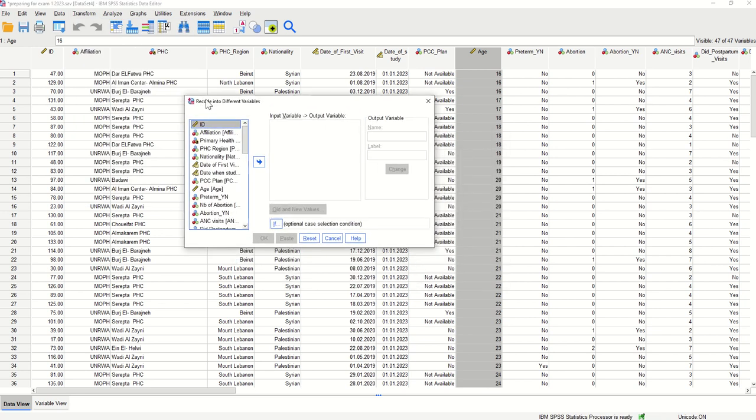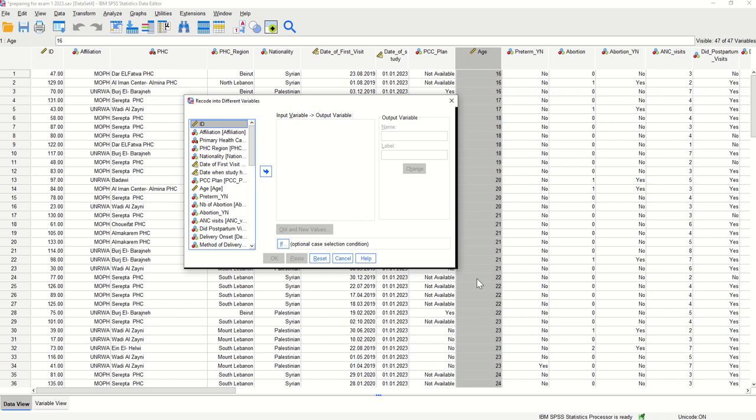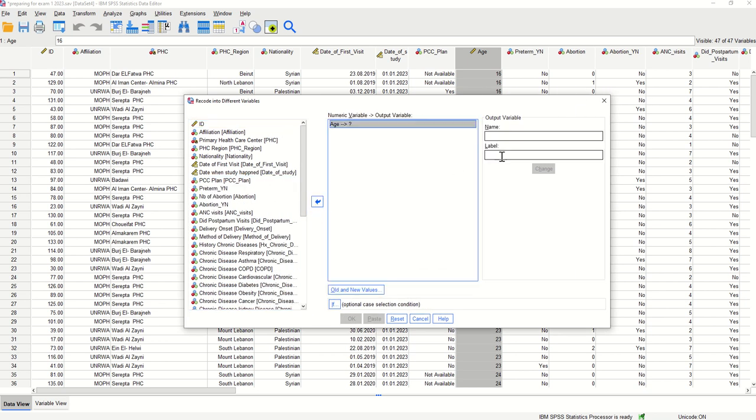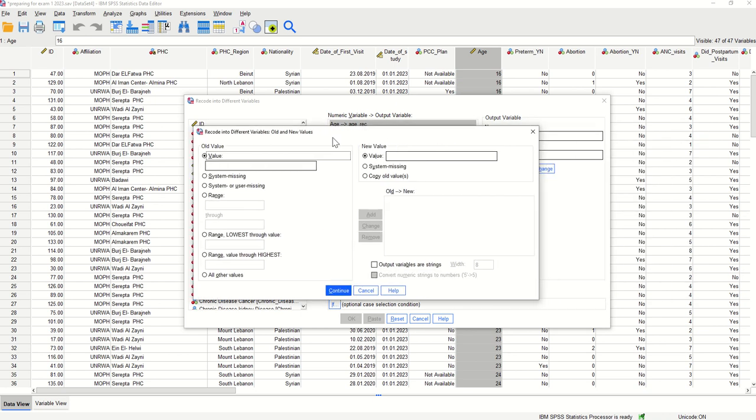You will have to pick the variable that you want to recode, and in my example it is age. You have to give it a new name, so I'm going to call it age underscore rec for recoding or recoded, and you have to click on change. And then you have to go to the old and new values, and you will see this window opening up,